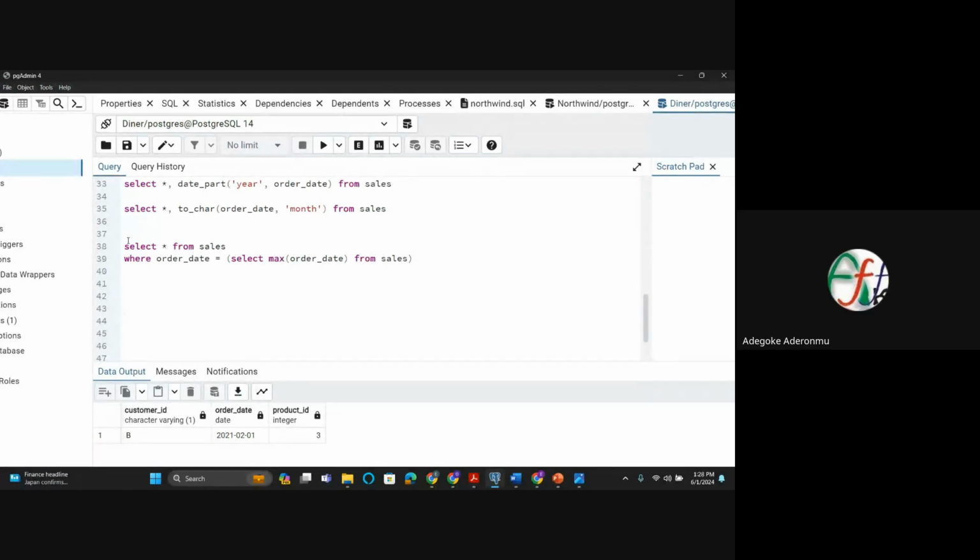All right. Yes. So that is an example. This is just a simple way of using subquery. Subquery can be used in so many ways. Now, another thing I want to mention is